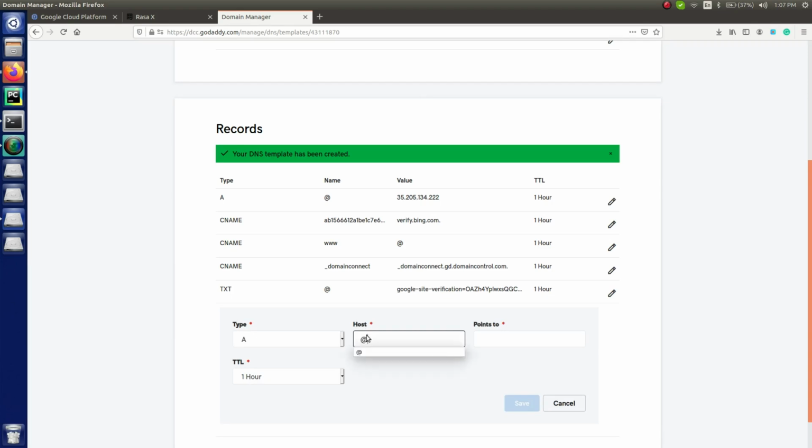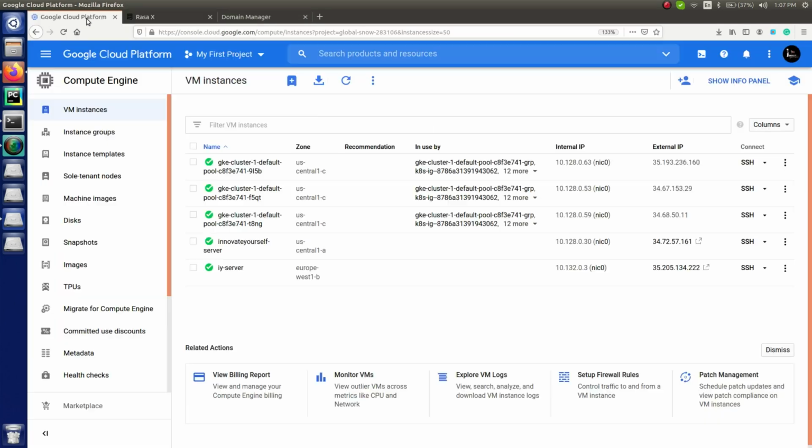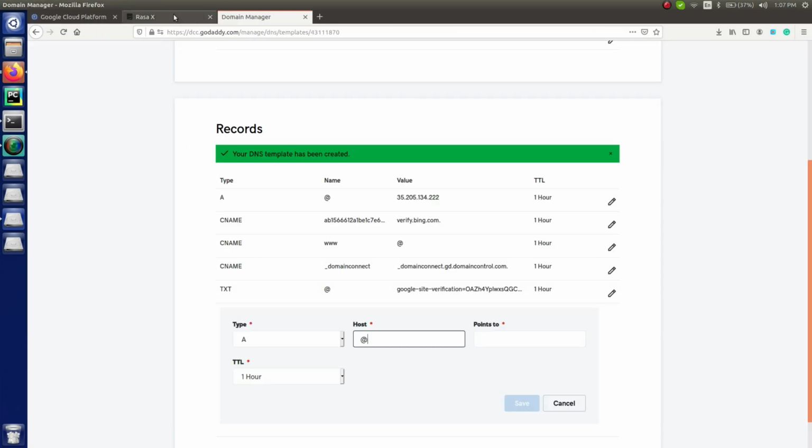This is what you have to write, and accordingly now just copy the IP address. So just copy the IP address, copy it, and accordingly just paste it over here inside this points to, which means you are going to point your domain name to this particular IP address, right?